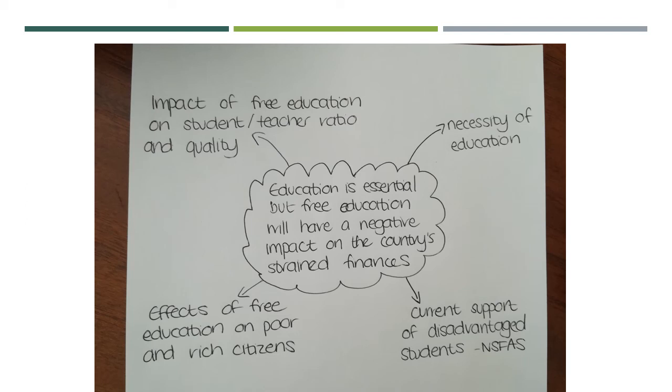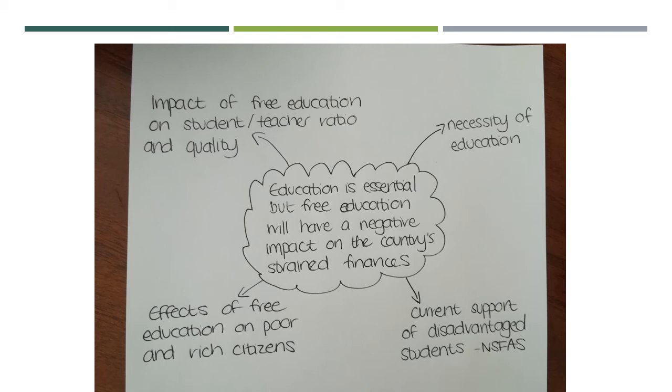Now, for this to become a position, she also has to have her reasons. And let's see the reasons that she is going to lay out. And each of them is at an arrow. The first one here, necessity of education. So here she's going to tell us why education is necessary. And this is going to back up or validate the first part of her position, which says education is essential. So we can expect to see a paragraph on the necessity of education.